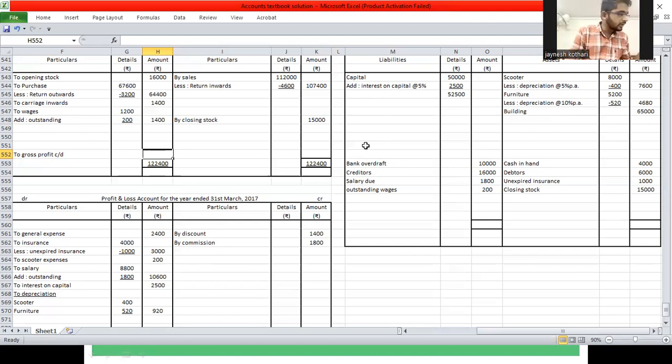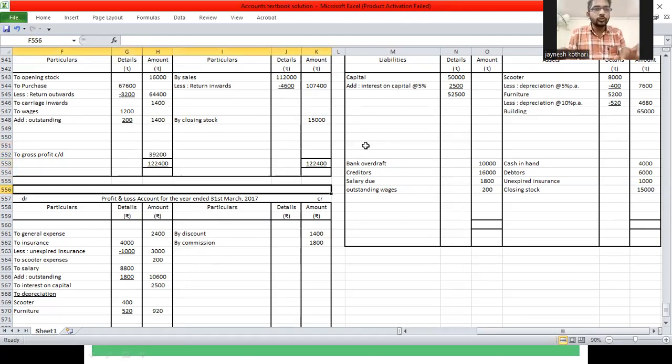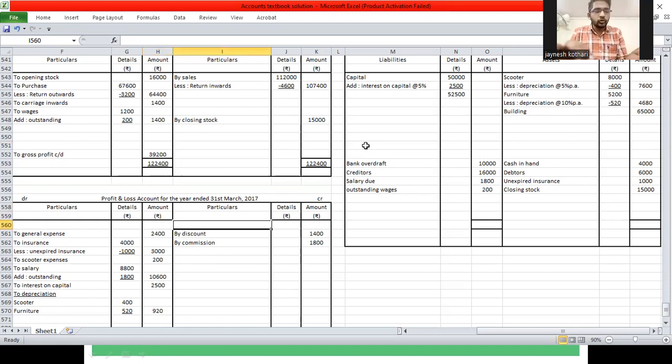अब 1,22,400 माइनस 83,200, 4 में से 2 गया तो स्टूडेंट्स कितना बचेगा? ऑफ कोर्स 2 ही बचेगा। 12, 2 में से 3 जा सकता, तो 12 में से 9, 11 में से 8 जाएगा तो कितना बचेगा स्टूडेंट्स? 39,200। तो स्टूडेंट्स माय अमाउंट इज 39,200। दिस इज माय ग्रॉस प्रॉफिट स्टूडेंट्स। सो यहाँ पे लिखेंगे टू ग्रॉस प्रॉफिट कैरी डाउन, और नीचे आएगा बाय ग्रॉस प्रॉफिट brought down, the amount will remain 39,200।